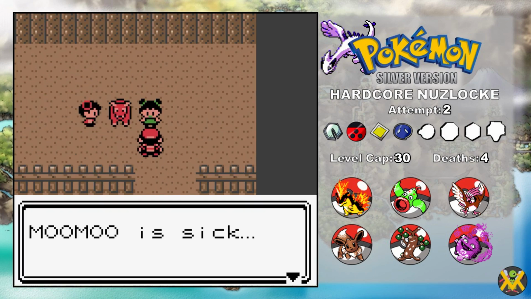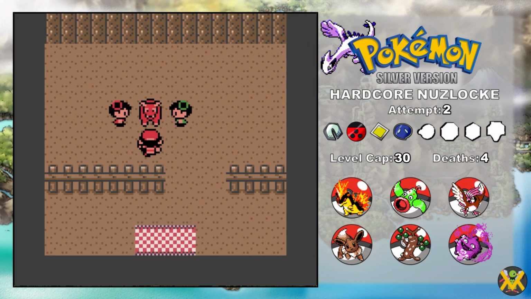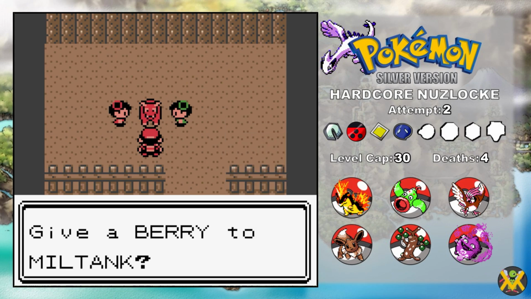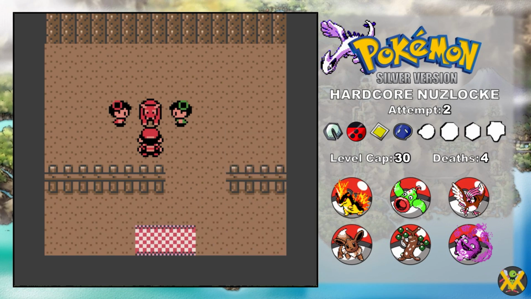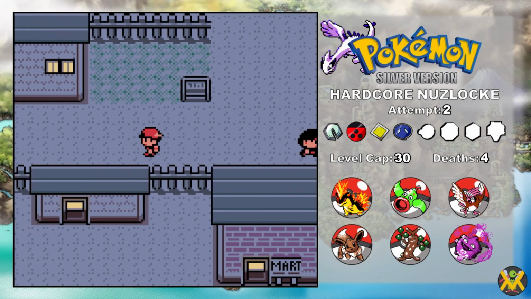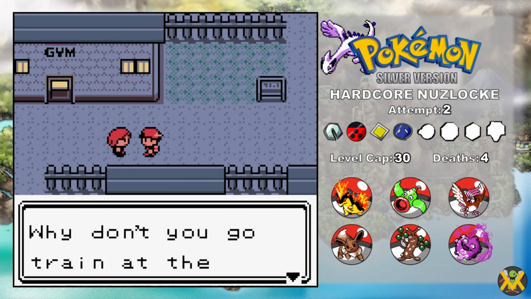Continuing on, we find a barn with a sick Miltank who needs berries to survive. We give him one, which doesn't help at all, and, well, my Koalava knows Dig if you need help burying it. Sorry. Arriving in Olivine, and Topaz gives us some friendly advice to make us less weak, and yeah, I could train in the lighthouse,